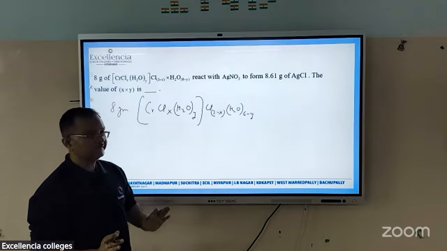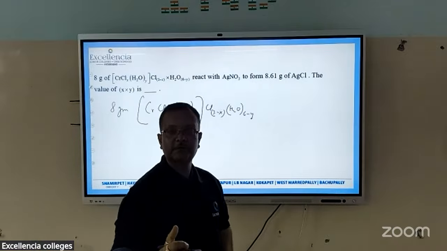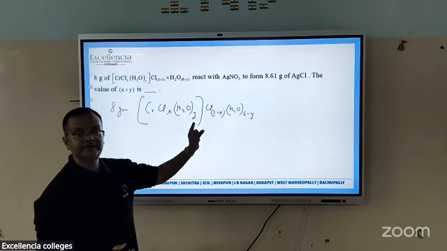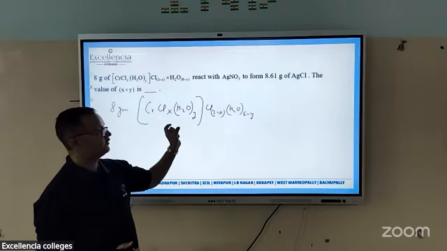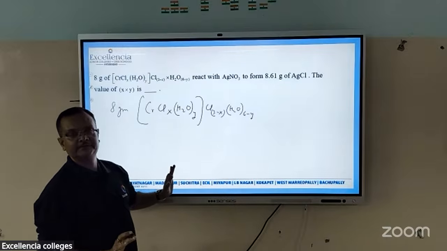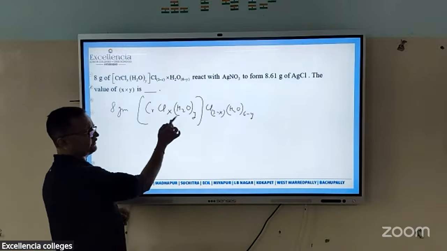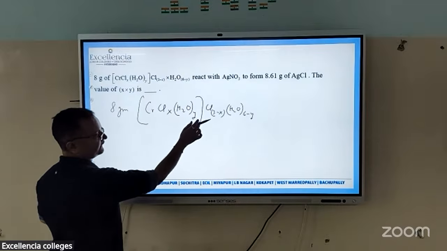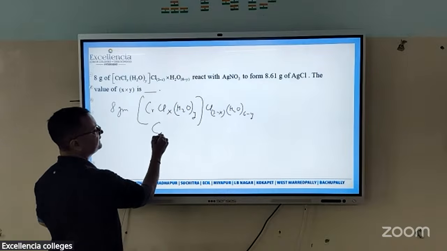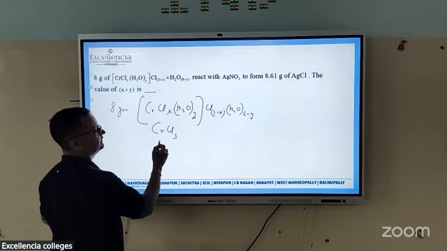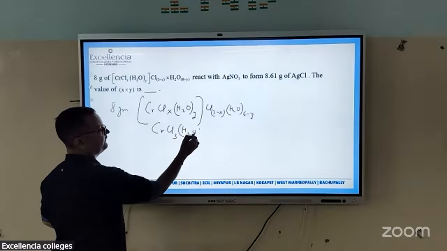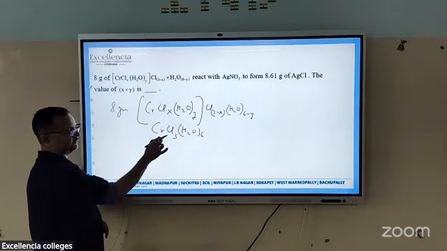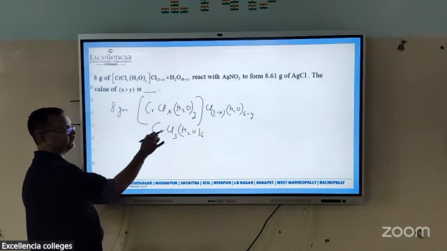Very good. So the point is that first of all we have to confirm how many Cl lie outside the coordination sphere and how many Cl lie inside. Now, what's the overall formula? This is x and this is 3 minus x. So what is the formula we get: CrCl3 and H2O, how much? When we add, y gets cancelled, giving 6. So its formula is this. Right? That is the molecular formula.